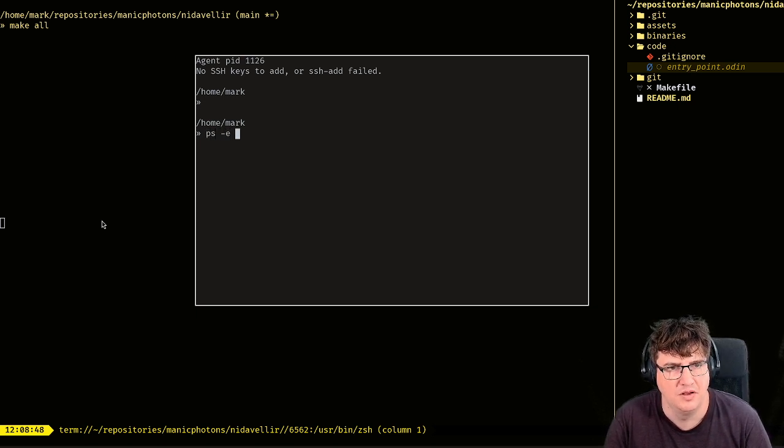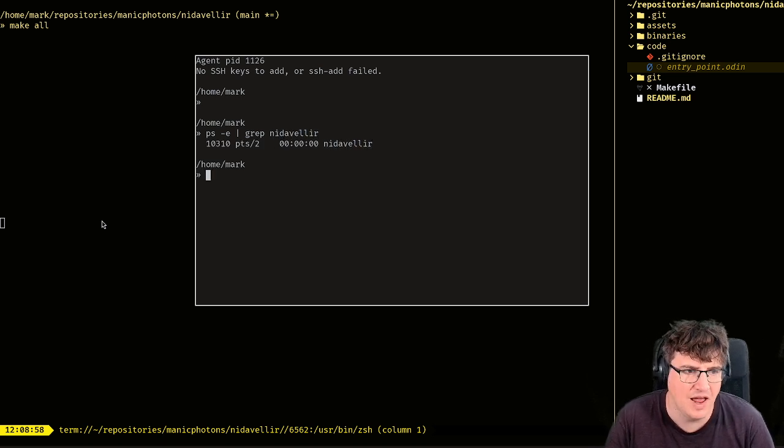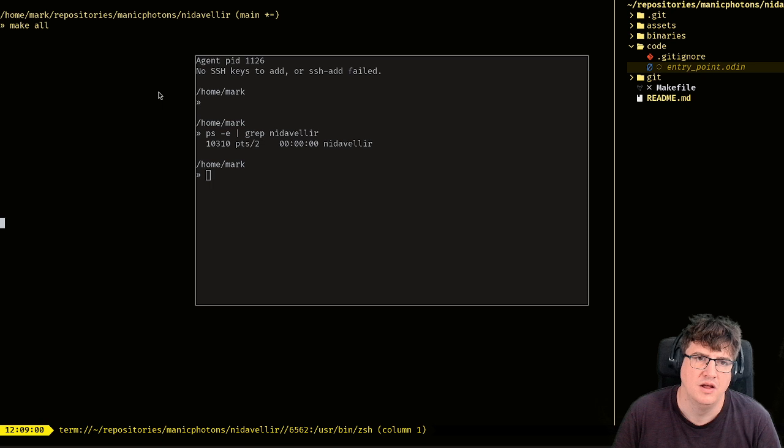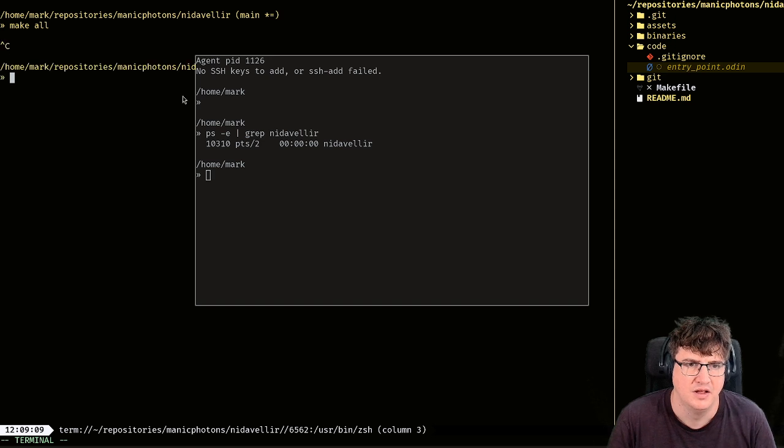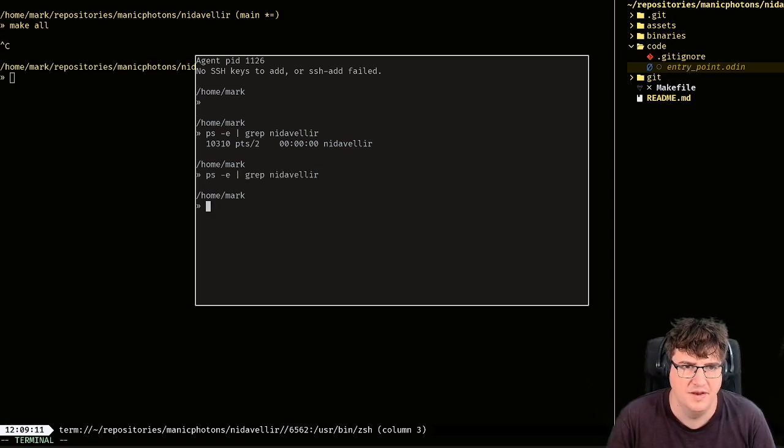Nidavellir. Yeah, so I am creating a Nidavellir window in here. If I cancel that, and run this again, now Nidavellir is gone.